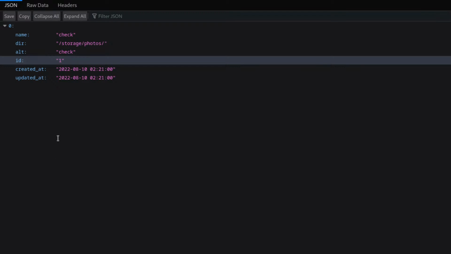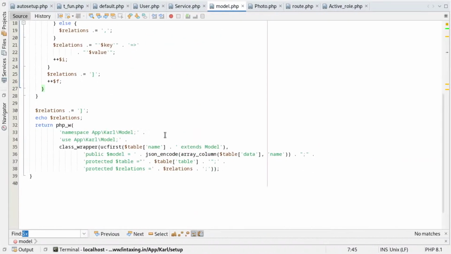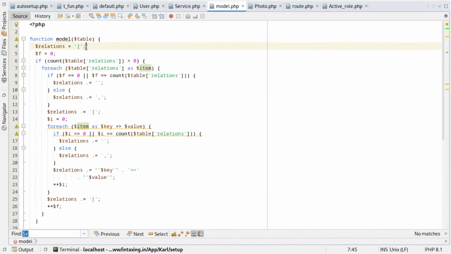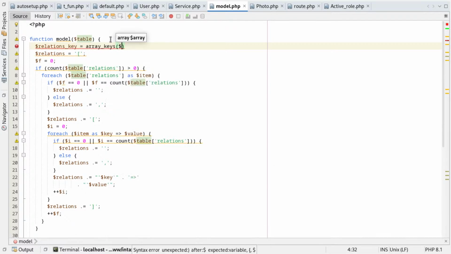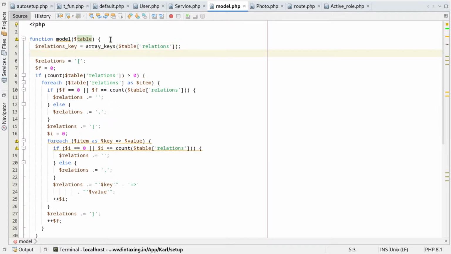So I just have to pass it like that. So let relations key is equal to array key of table relations. Okay, and